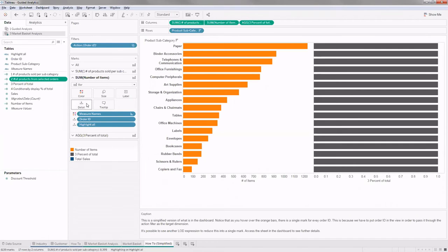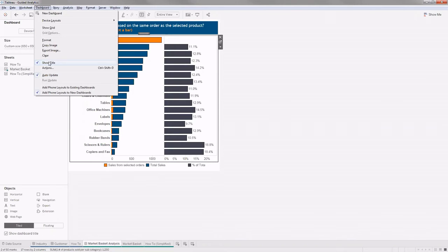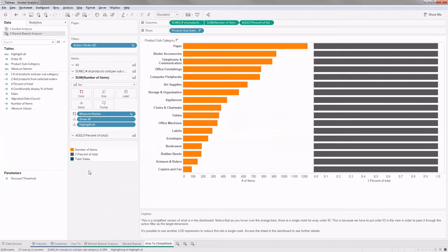Why have order ID in detail? Because this analysis, where you click on something and it has to highlight the relevant order IDs in the other subcategories, will happen using actions, and that action should work on order ID alone, because that alone is the linking field between these subcategories that gives us the market basket analysis. To provide that filter, we need order ID in the visualization, and I cannot put it somewhere over here because that will disturb my visualization. Therefore, I'll put my order ID in the detail field here.